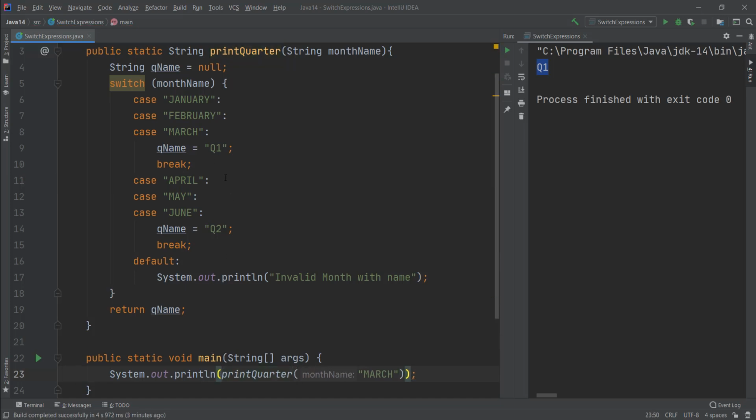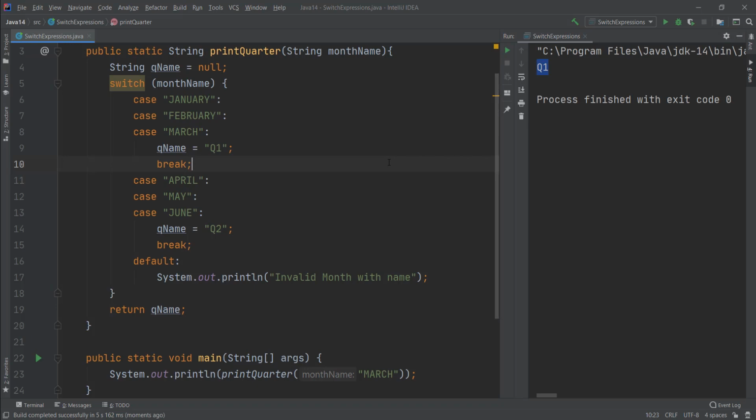Now, instead of printing the quarter name here, I'm printing where I'm calling the printQuarter method. So printQuarter should return me a string value that should be Q1 or Q2. I'm running this with March, so it should print Q1. Let me run this. Yeah, you can see this is printing Q1.